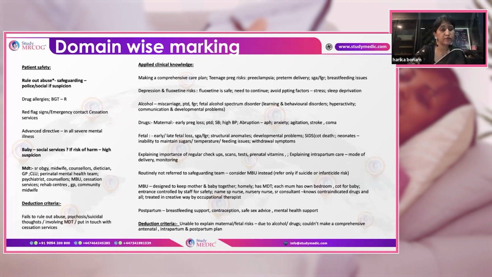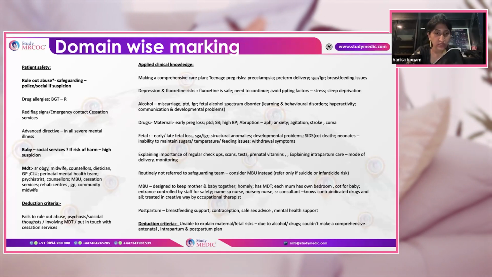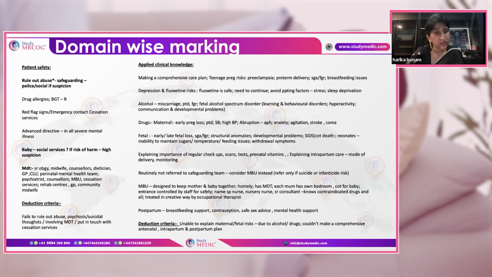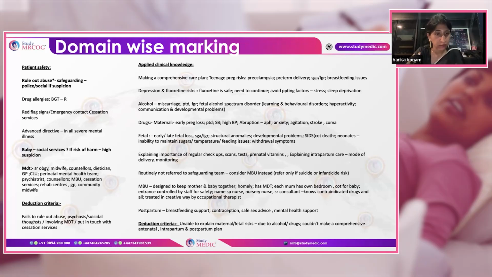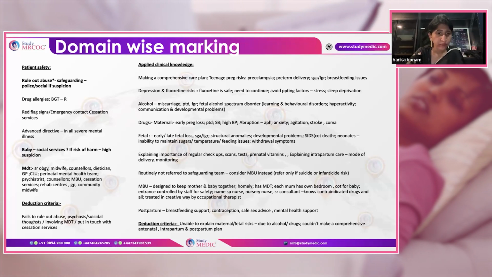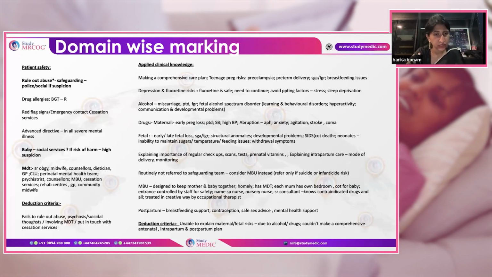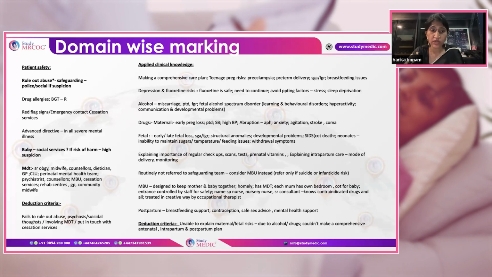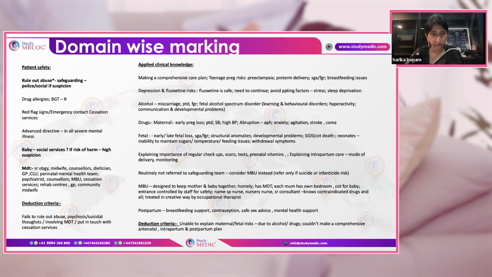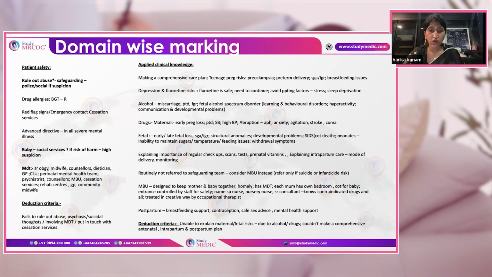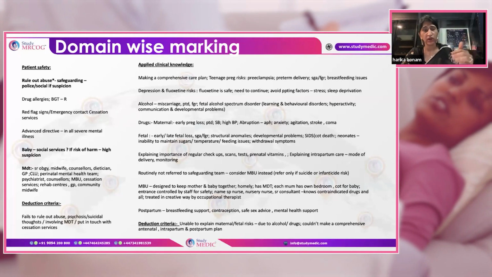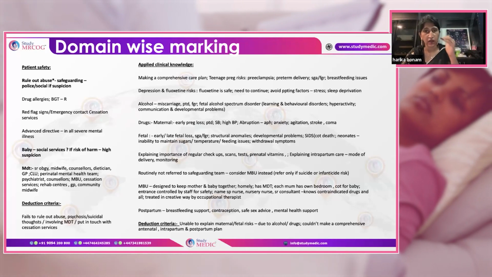Now, in the MDT for this particular station, along with the senior obstetrician, consultant-led unit, counselors, and dietitian, involve the perinatal mental health team, psychiatrist, as well as counselors because she has depression. It is better to talk to her about the mother-baby unit, cessation services, rehab centers, the GP, and the community midwife or community healthcare worker who will be tracking how she is doing and following her up. Now, in the applied clinical knowledge, you have to make a comprehensive plan. Teenage pregnancy risks, for every condition, explain the risks a little.